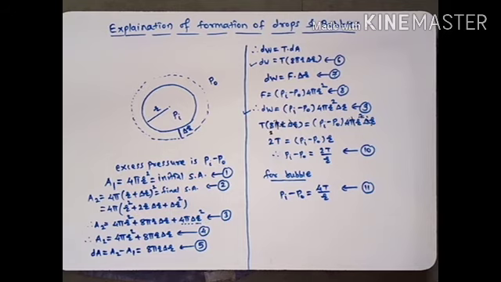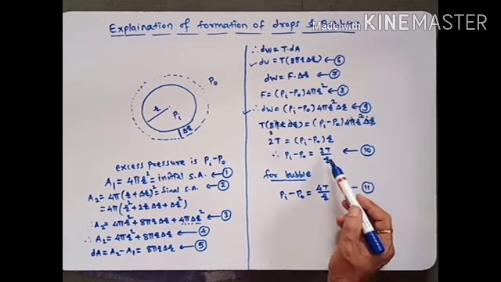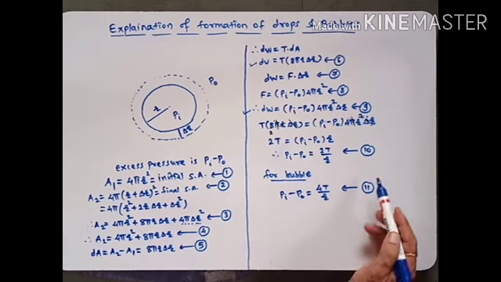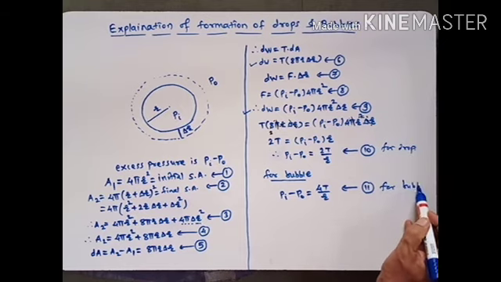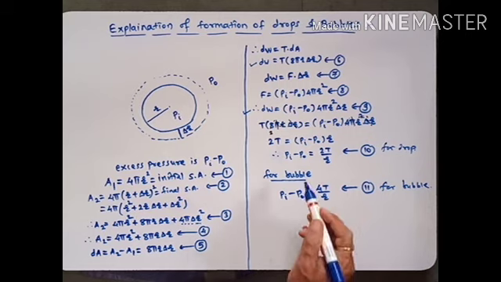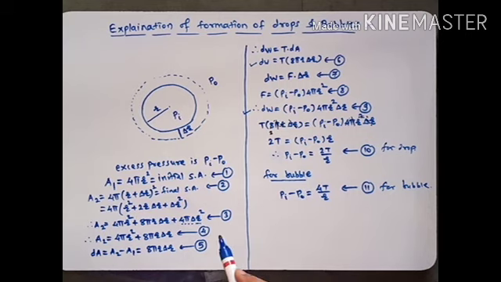This is all about explanation of formation of drops and bubbles, or excess pressure inside the drop and bubble. These two formulas, that is Pi minus Po equal to 2T upon r and Pi minus Po equal to 4T upon r, this is for drop and this is for bubble. They are very much important. When you are going to solve the examples, then you have to use these two equations. This is all about excess pressure or explanation of formation of drops and bubbles. Okay, now we will see